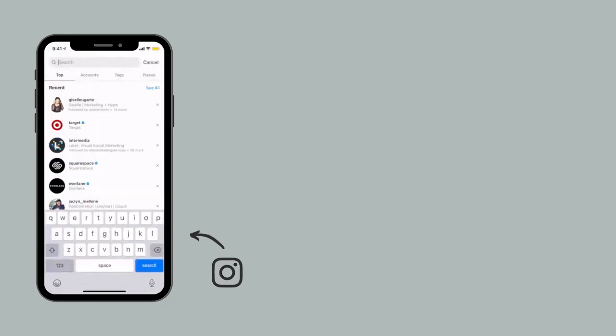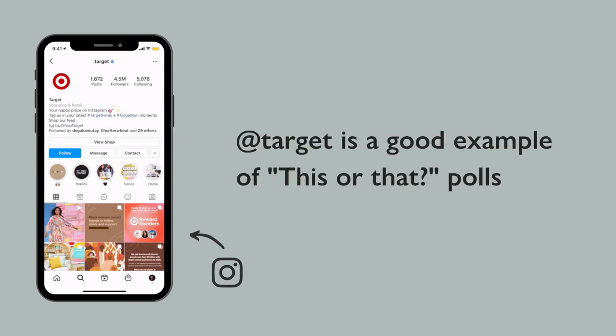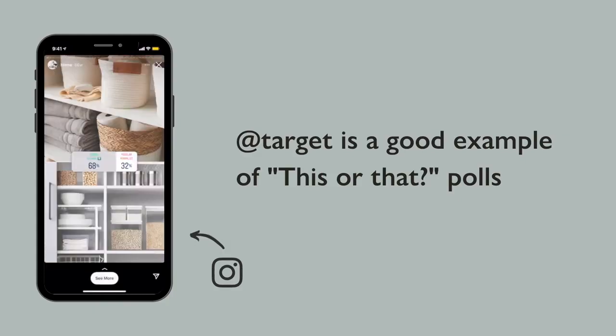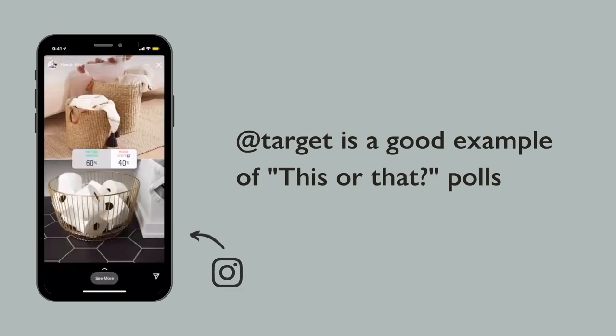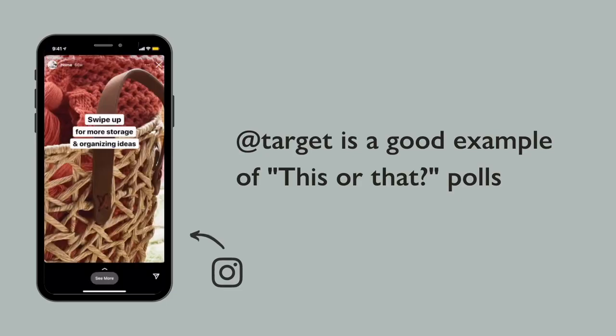Now, another fun example of using polls in an effective way is a brand that you've probably heard of, that you're familiar with, Target, a department store based in the US. If we go ahead and click on their highlights, I love in this particular section when they're having their audience vote. This is really a classic example of a poll, this or that. So they take the frame of the image, split it into two, okay? So your Instagram story size would be 1080 pixels wide by 1920 pixels high.